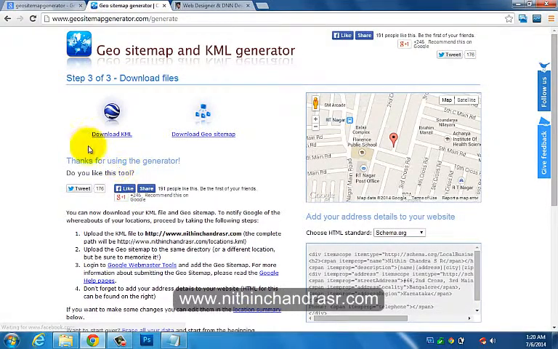Okay, so here you will land on step 3, where you can download the KML file, and you can download the GeoSitemap file also. And here you have the instructions on what to do next. This pane represents what address you have placed in the KML file, that is, the address of your business.